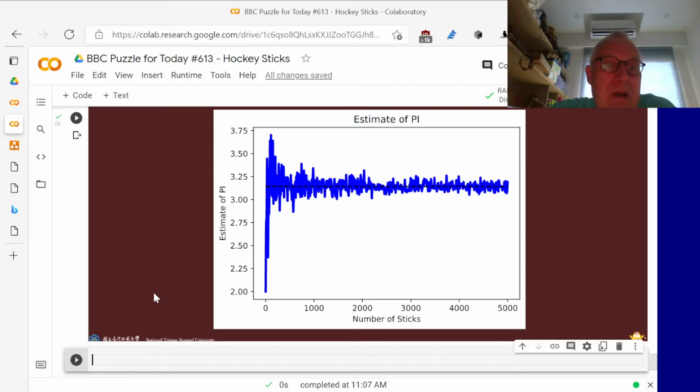It's easier if you can plot a chart, and that sort of shows you what the